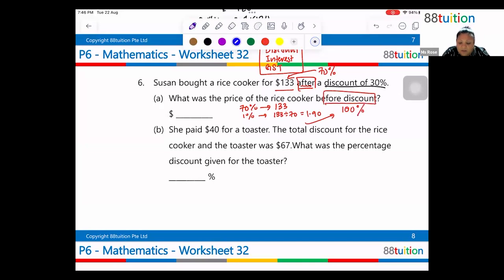Before discount means we're finding 100%, which is 100 times $1.90, to give me $190. Glenn, you wanted to say something? Jeremy, yes to both answers. Okay, all right. Now, she paid, so that